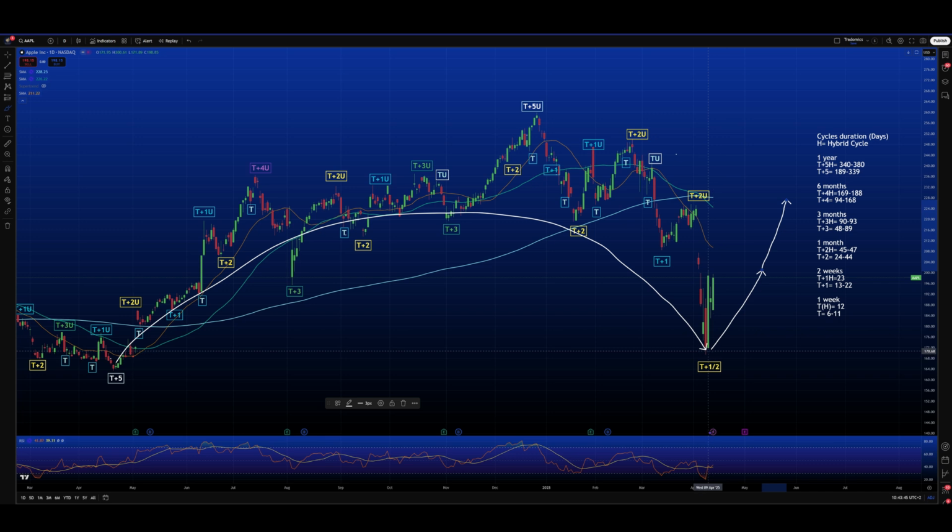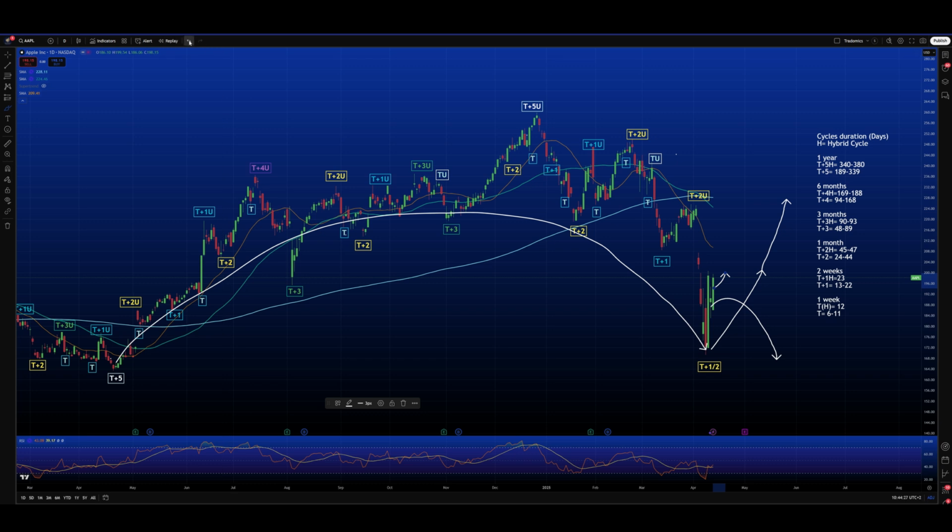Okay. But of course, here we can expect a nice bounce to the upside, and we have low probabilities to keep falling, at least in the short term. Short term means in the next 2, 3, 4 weeks. I cannot say the same for the next 2 months, but for the short term, Apple can eventually have a move to the upside. Short term means next week or 2 weeks. I repeat, at most, sorry, in the next month, but not more than that.